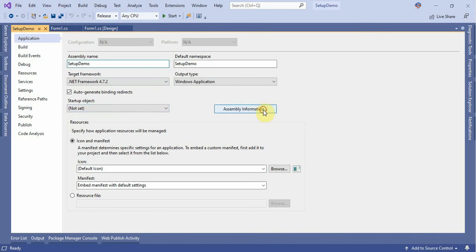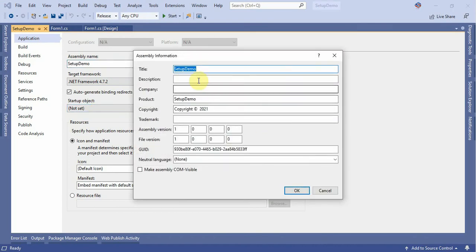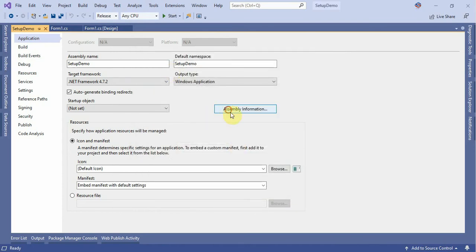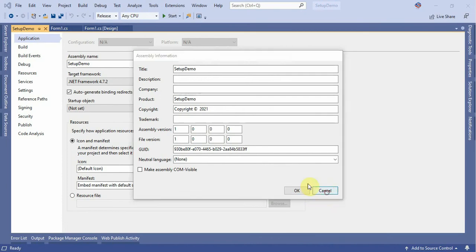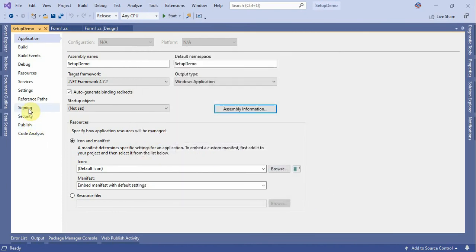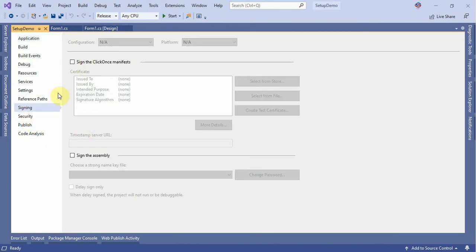And here is the assembly information, meaning which company, description, demo, copyright, trademark, and this is the GUID which is stored, and this is the language. If you want to select the language, select from here and make the assembly COM visible. Then once you provide this information, click on the OK button.